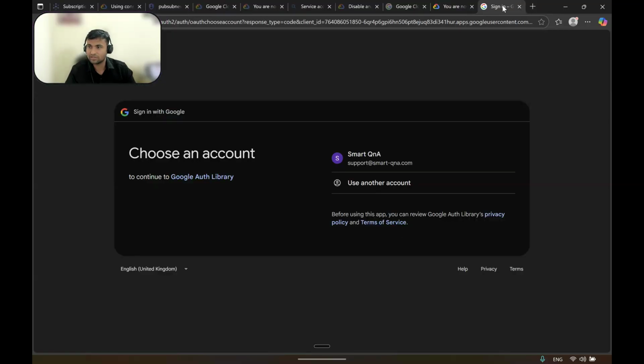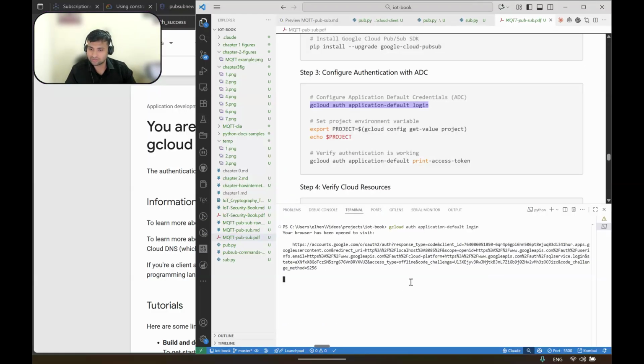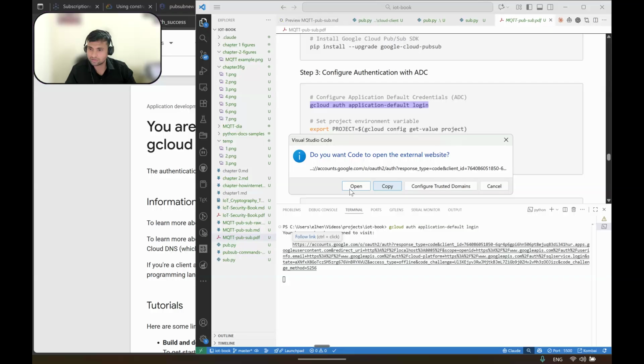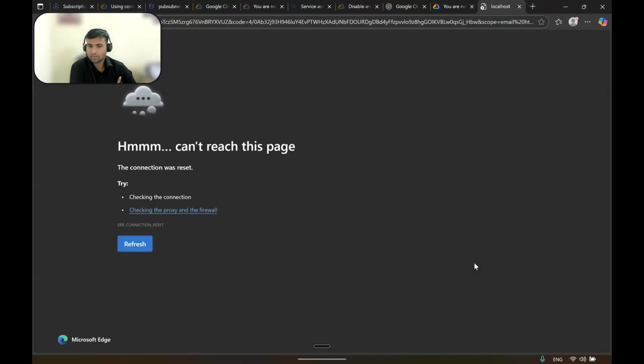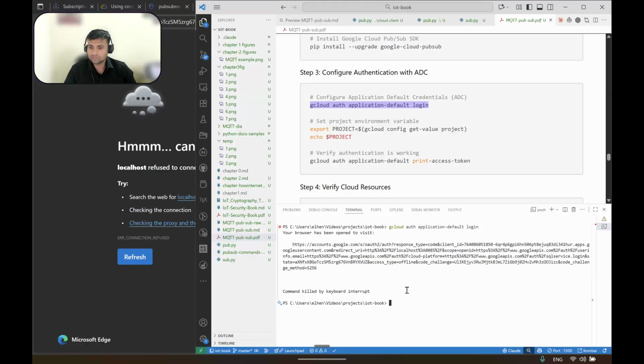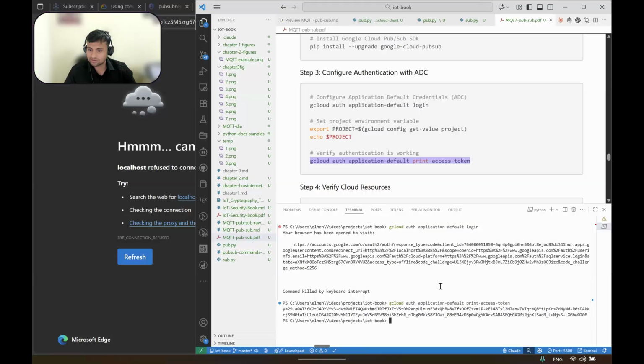Oh, sorry, I've already logged in actually. Let me just redo it. We already have this access token. So with this access token,